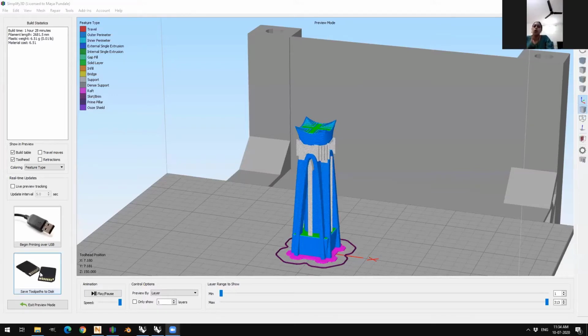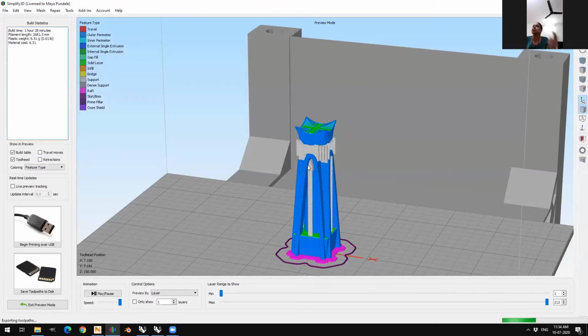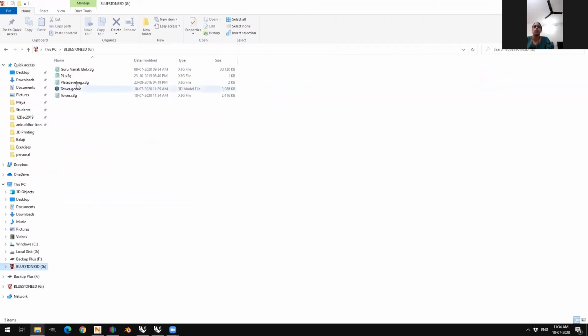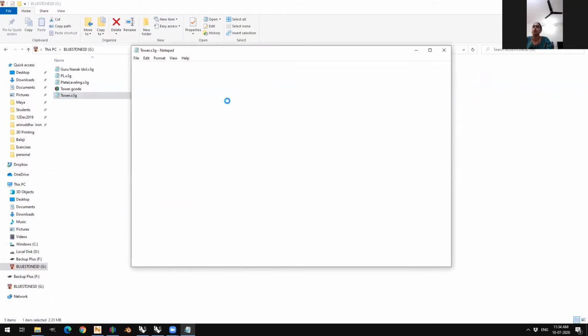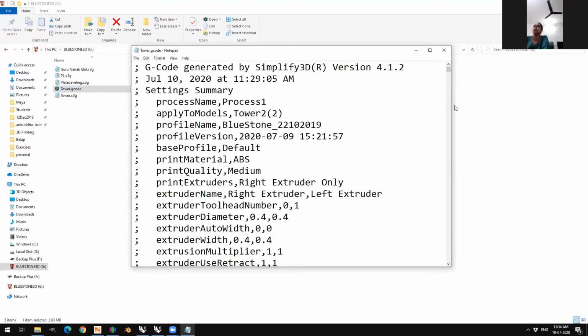And here I have the option of saying save the toolpath to disk. When I click on this, it converts the object into an X3G file. It gives an X3G file because this particular printer requires an X3G file. Now these files are something that you and I cannot read. Let me be clear about it. If I say edit it with a notepad, you'll probably not understand half the things written here. But that's meant for the machine. If you look at the same G-code, it's much easier to read.